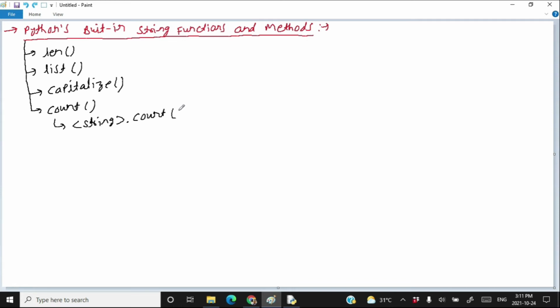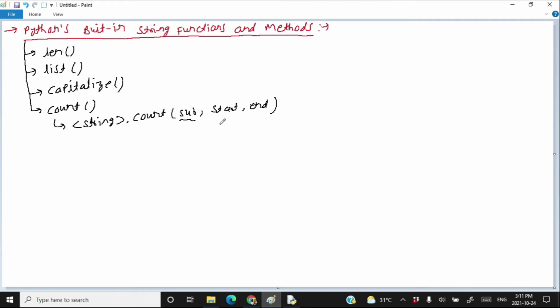First is the substring which you need to count in the string. I will explain what it is. The second is where you want to start counting and up to where you want to count, that means where you want to end your counting. You have to count sub in the given string. You have to start from start, and you have to go up to end minus 1 while counting.